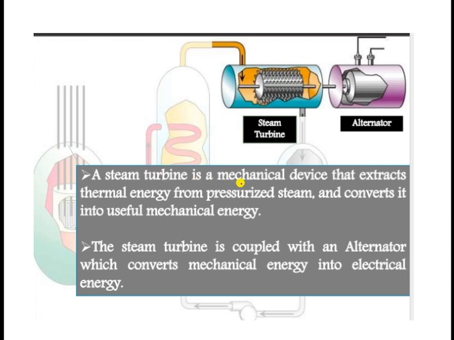This steam turbine is a mechanical device. Already I have told you, the high pressurized steam will impinge on the turbine blades mounted on the rotor, and this rotor is mounted on the shaft, or rotor shaft, which will be coupled to the alternator and generator. As the steam moves over the turbine blades, it gives away its energy to the rotor shaft, and comes out as low pressure steam, and in turn it will rotate this.